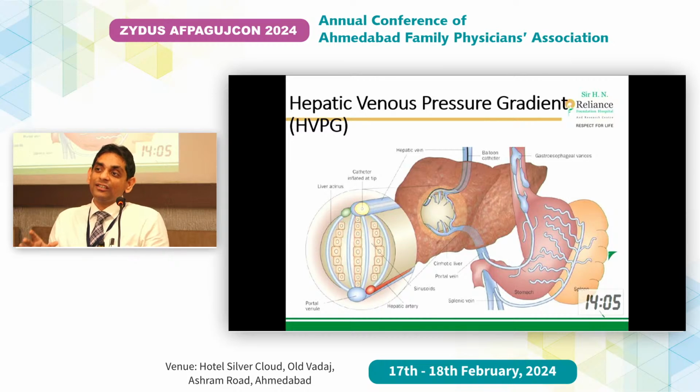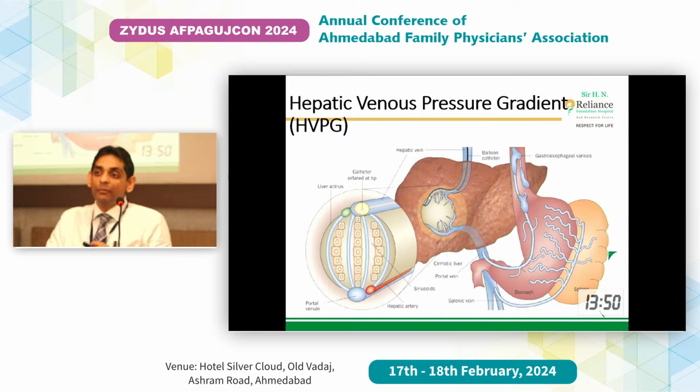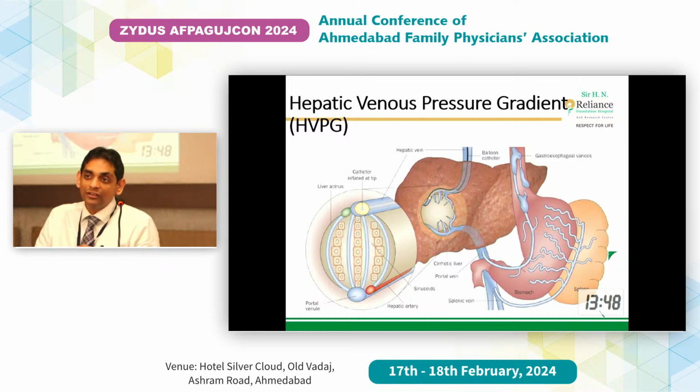Why this came into picture is because we started doing HVPG. In the earlier lectures, as we understood, if we had to monitor blood pressure, you need to take blood pressure and then on the basis decide what medications to give. Same way, if I have to reduce pressure of the liver, but if I don't know what is the pressure of the liver, how do I give beta blockers to try and reduce the portal pressure?